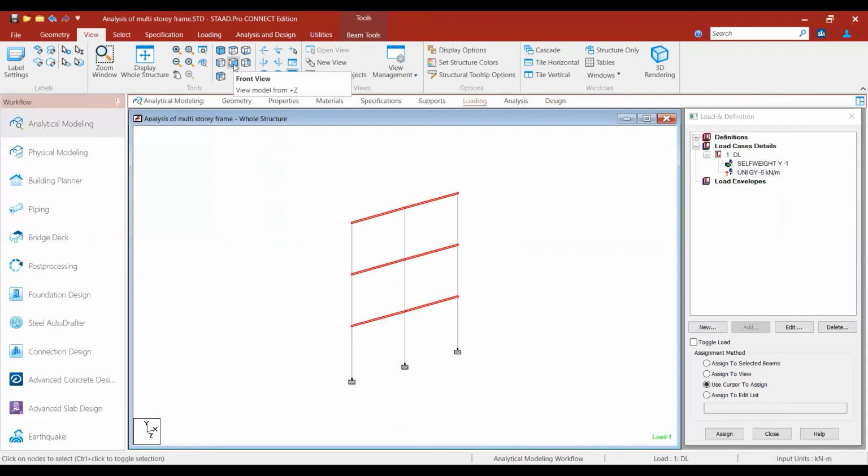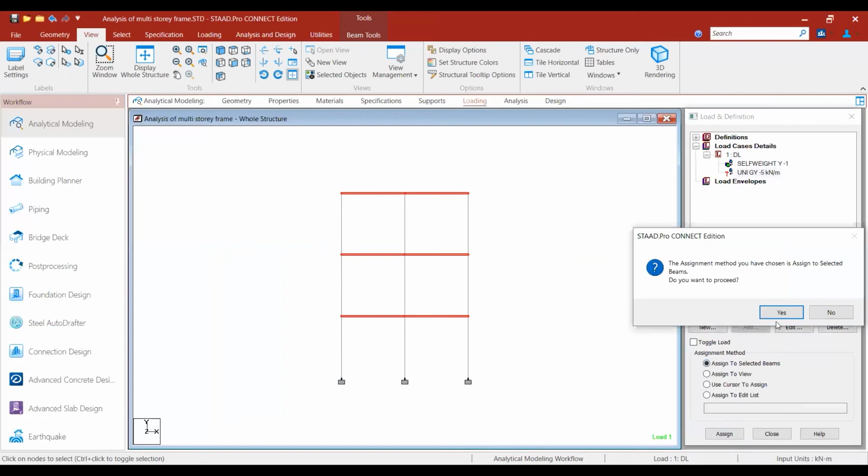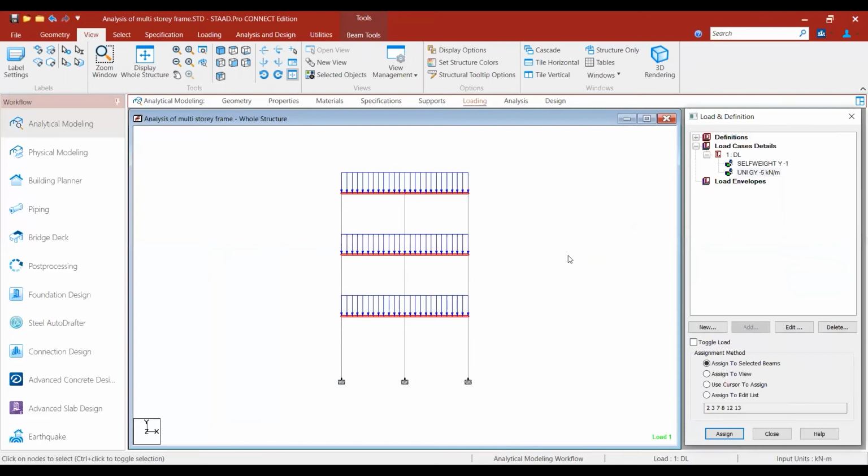Generally, selection is done in the front view, as it is easier for selecting. Now assign to the selected beams. We are considering only dead load. We can give live load also, and we can use combinations also.